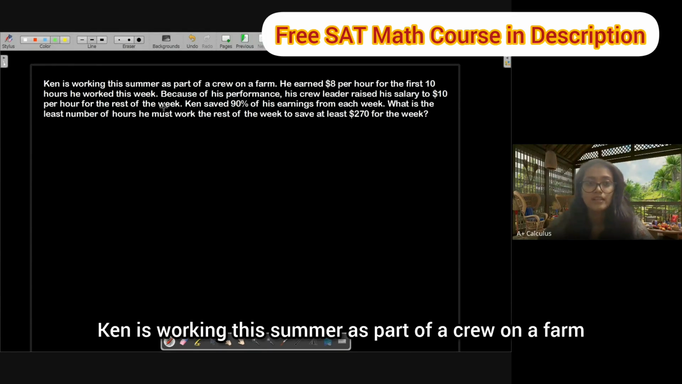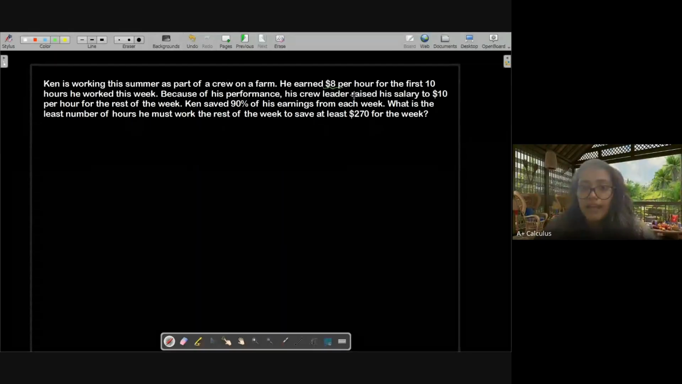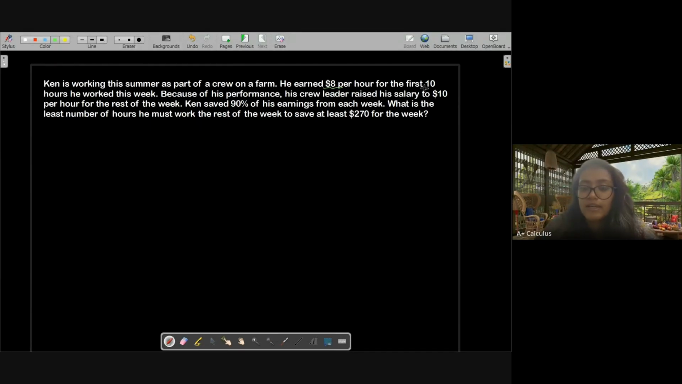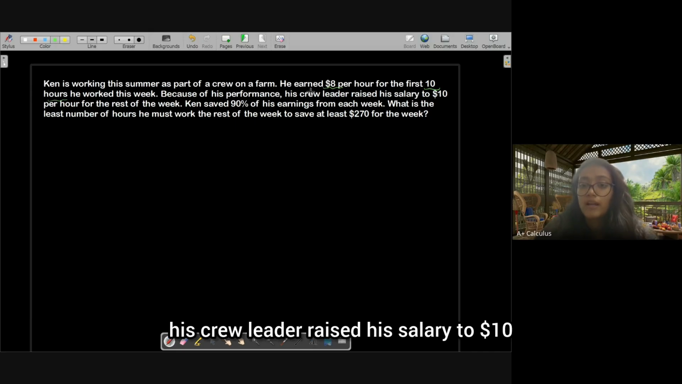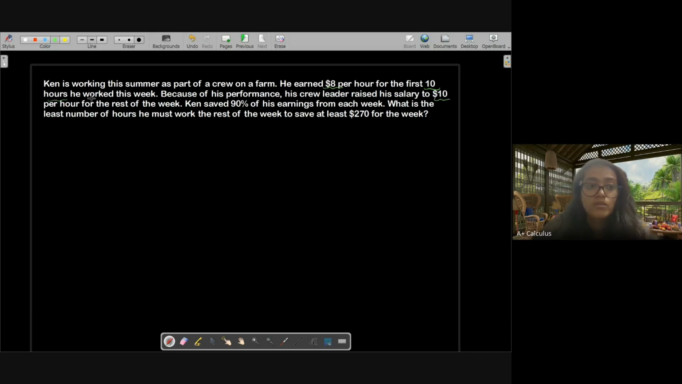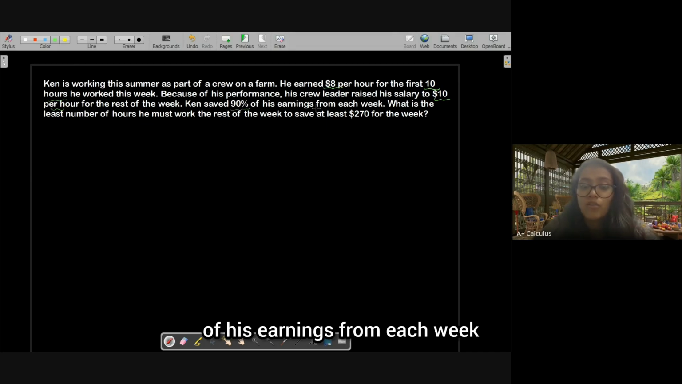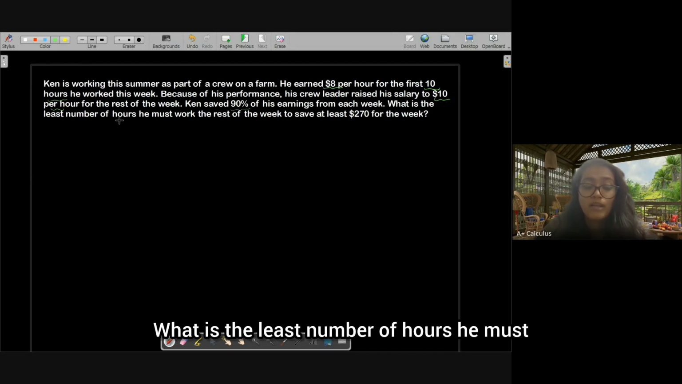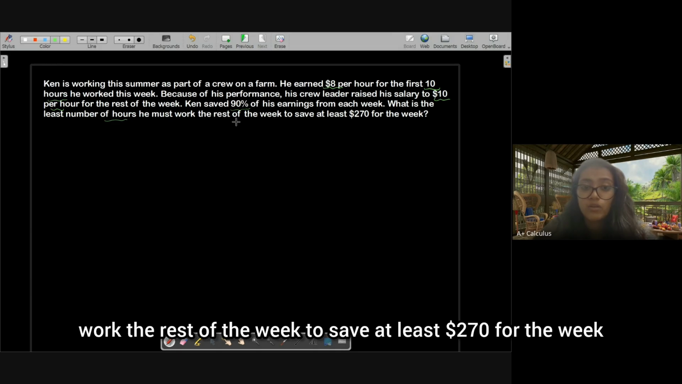Ken is working this summer as part of a crew on a farm. He earned $8 per hour for the first 10 hours he worked this week. Because of his performance, his crew leader raised his salary to $10 per hour for the rest of the week. Ken saved 90% of his earnings from each week. What is the least number of hours he must work the rest of the week to save at least $270